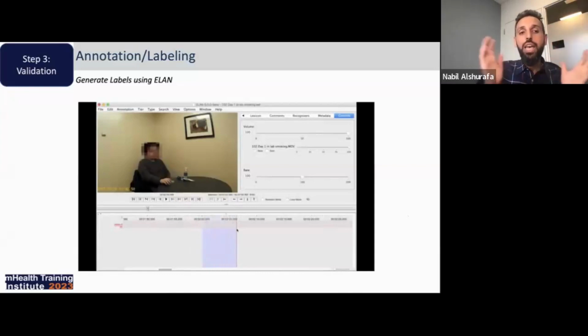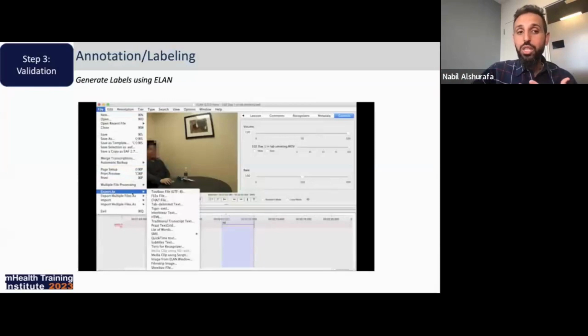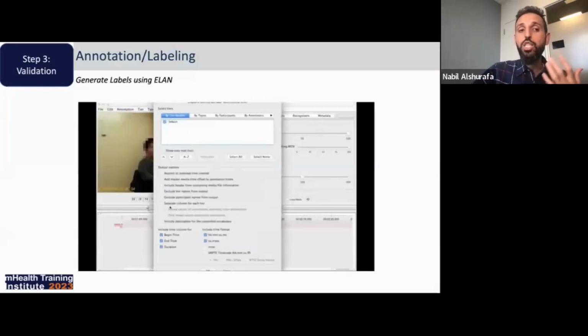That's how we define an actual smoking gesture, from when they pick up their hand to when they go back to resting their hand. Then we label it as SD, smoking with the dominant hand.